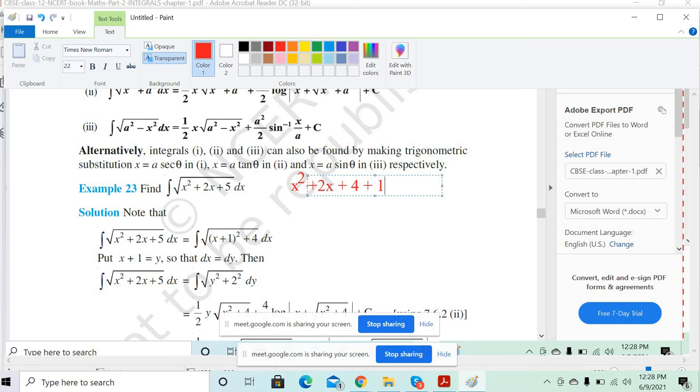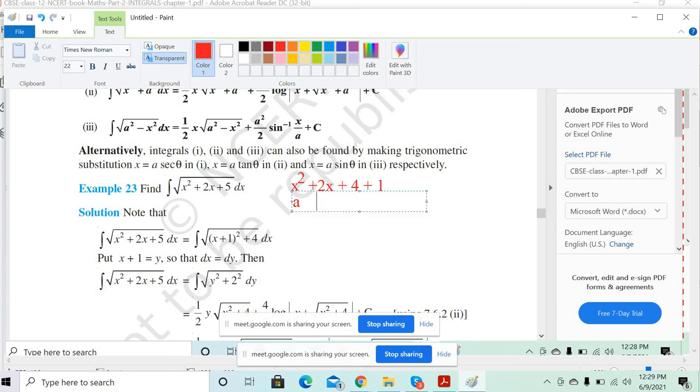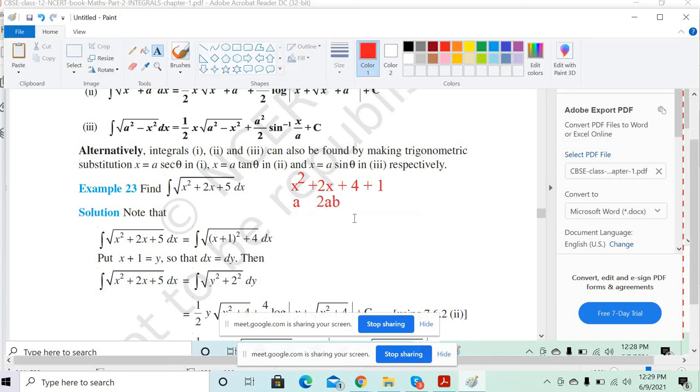Yes, sir. Oh no, I think 4 plus 1, yeah. 4 plus 1. So you can just go see x square plus 2ab. If it is okay, you just have to solve it. 2ab is basically, see, x is a. You get simple. X is a here, and this is 2ab. And what is missing is we just need to find the b square, isn't it?